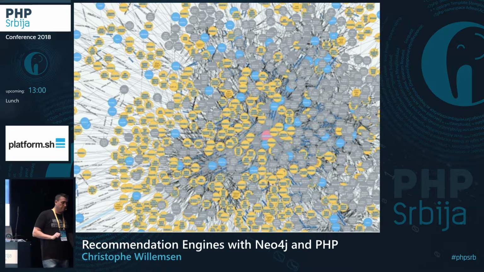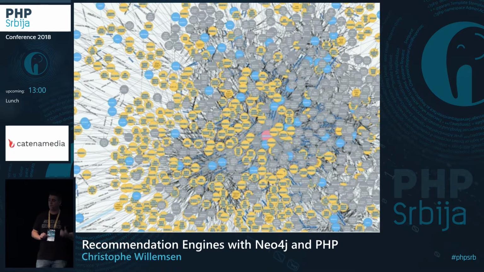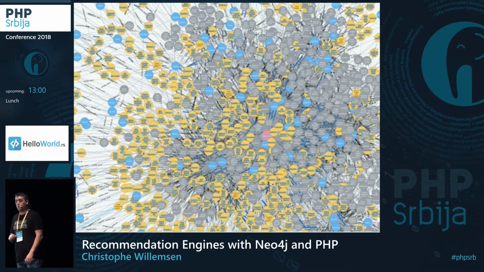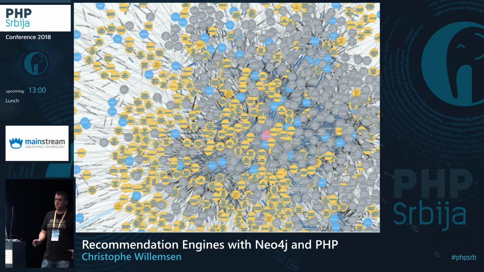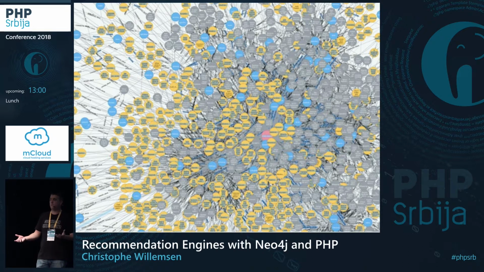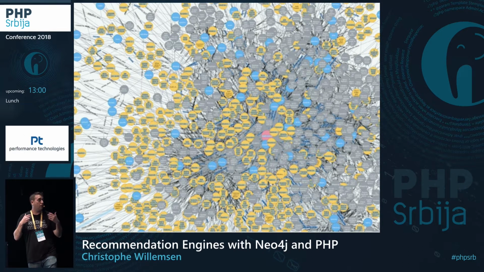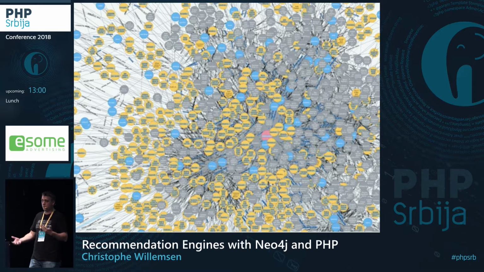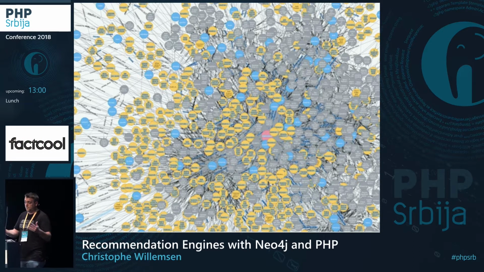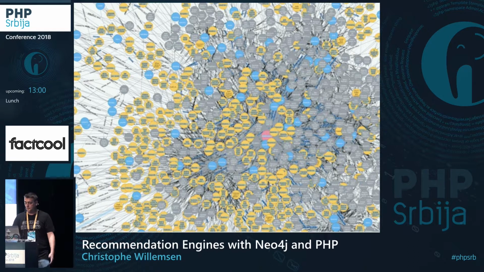The reality is that, however, your graph will look like this. This is a database of activity on GitHub. The pink node in the middle is me. And everything around is activities of people I watch, repositories I create commits to, repositories I like, issues I comment on, pull requests I open, etc. So everything around me is the GitHub activity I have generated, and others have generated in my neighborhood.